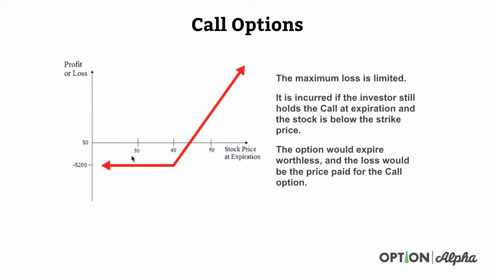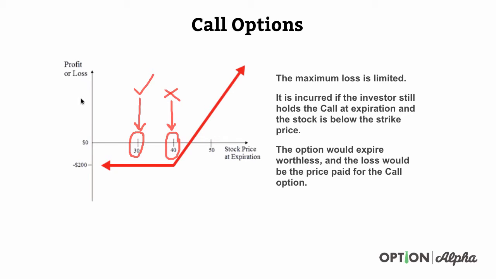Now let's say that you thought the stock would go up beyond $40, but at expiration, the stock is only worth $30. There'd be no reason for you to go out and buy the stock at $40 when it's only worth $30 in the open market. You just wouldn't exercise your option contract. You would go out, and if you wanted the stock, you would buy it at the current market price